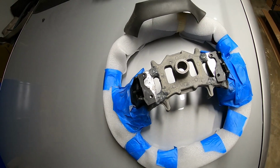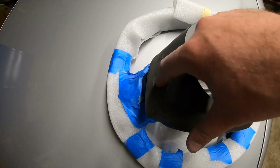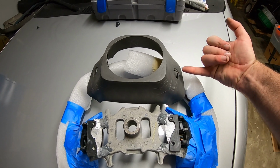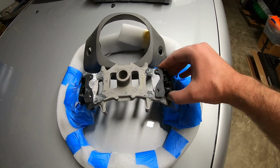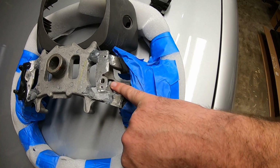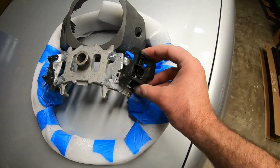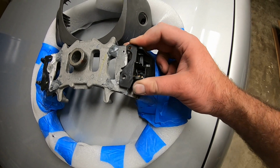The problem is the purpose of not only those mounting screws here, but this cover that goes on the outside here is actually a dual purpose hole, and what goes in sideways this direction is what mounts the airbag to the steering wheel. So if I pop one of these switches back out of here, this hole is where my airbag mounts to, and this one is where the cover mounts to. So this is going to essentially block access to both my airbag mounting hole